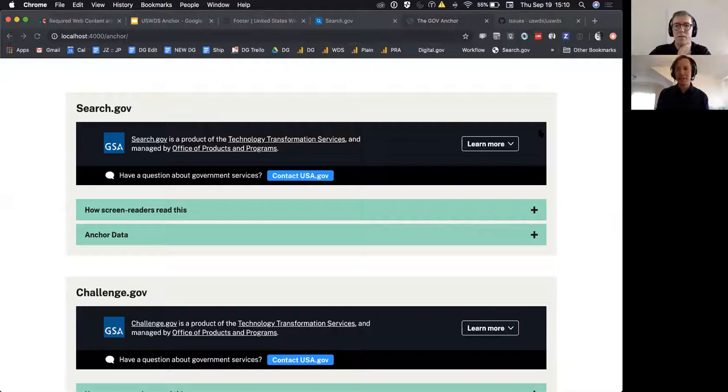And I was excited about how it might exist similarly to the Gov banner that we have on the top, as a couple of very common components that you could see going between lots of different sites that very clearly establish the site as a government website at the top of the page,